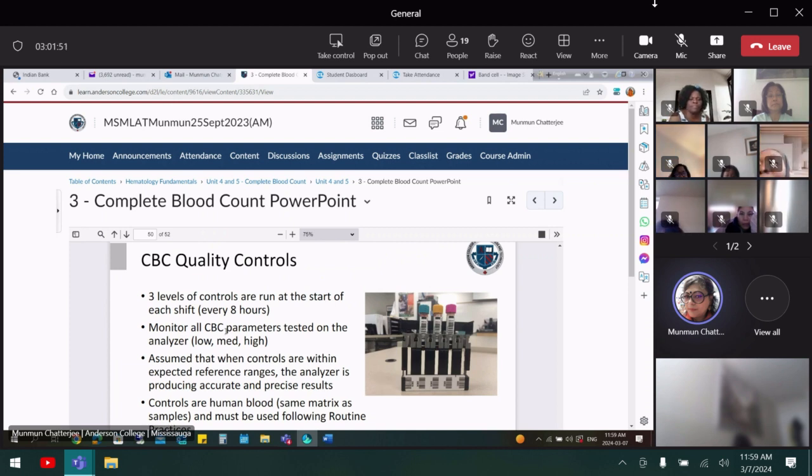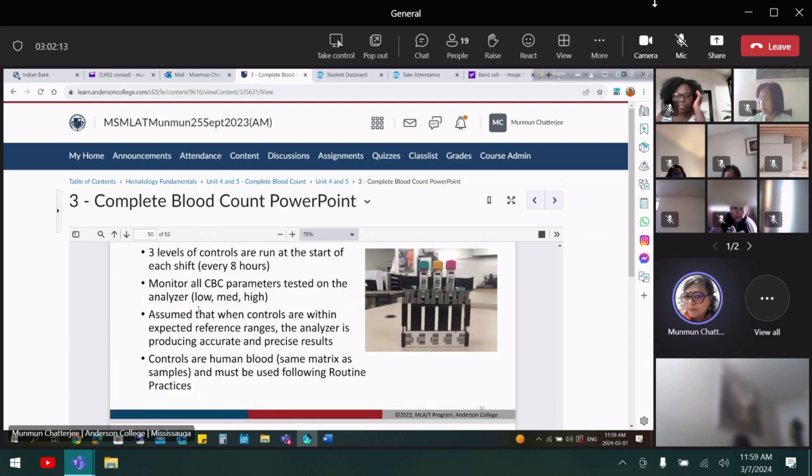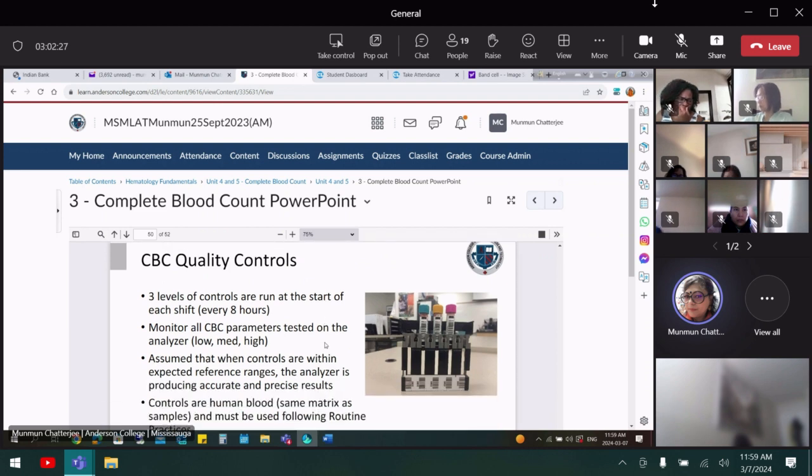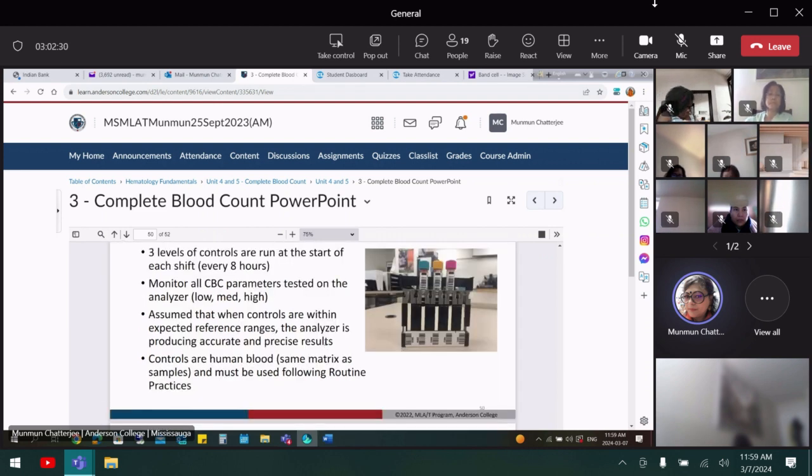How do you do the quality control? 3 levels of controls are run at the start of each shift or every 8 hours. This is the question: when are you going to run the quality control for the CBC, either at the start of each shift or every 8 hours. Monitor all CBC parameters tested on the analyzer: low, medium, high. When controls are within expected reference ranges, assume the analyzer is producing accurate and precise results for 8 hours, or if you are not running,